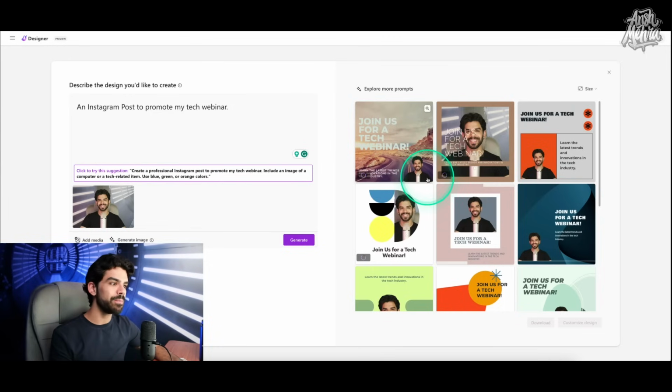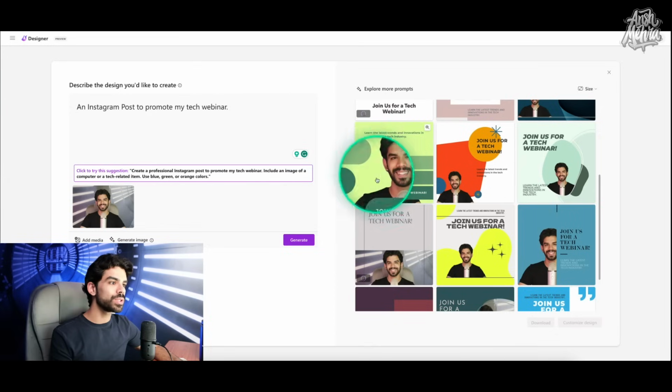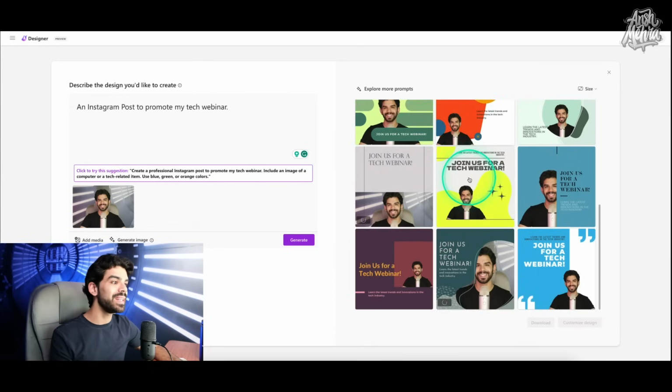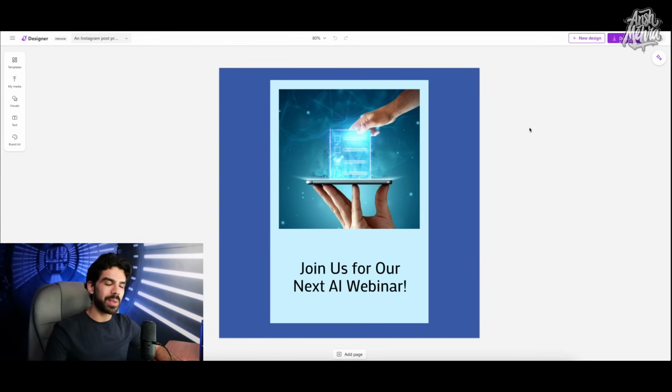So as you can see, you have a couple of these templates available. And in some cases, it has also removed the background automatically. Right now, you can select any of these templates and you can either download them directly or you can click on customize design. So last week I was trying this platform and I realized that the editing tools are as